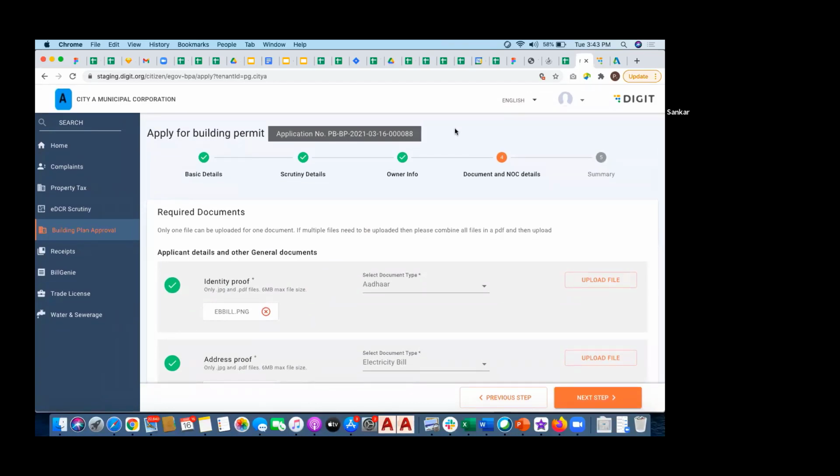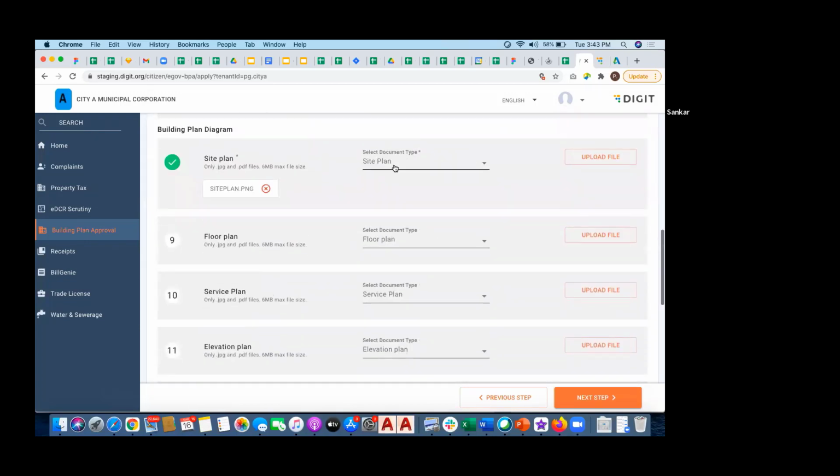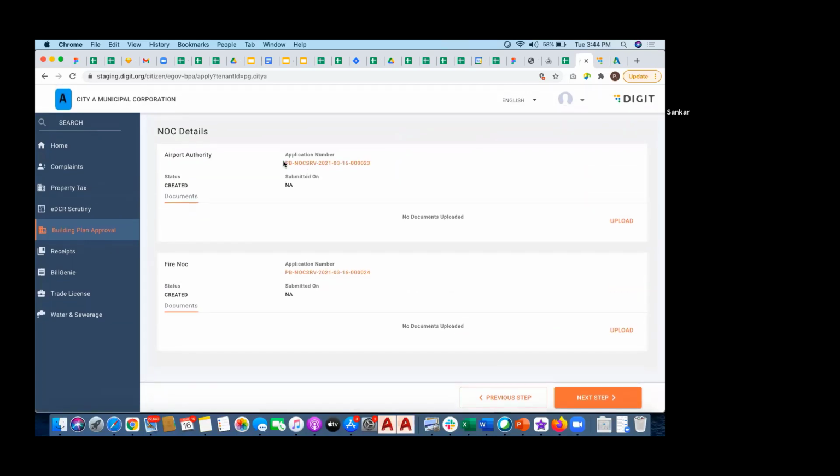EODB says we should not ask the citizen for multiple applications for the same task. Here, one application created by the citizen or architect for a building permit is getting forked into three applications: one for the department itself, 88, another for the Airport Authority of India, which is 23, and another for Fire and Rescue, 24.